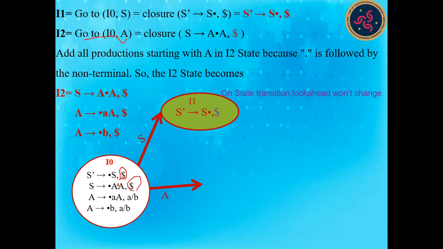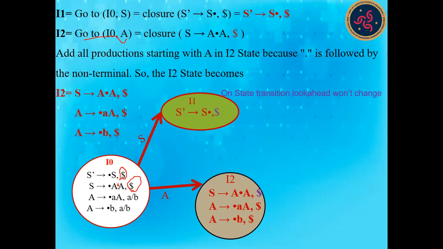Dollar symbol will be the look ahead symbol. So I2 will have these productions: S gives A dot A, with dollar symbol, because on state transition the look ahead symbols won't change. Here there occurs only a state transition, right? So we can take this dollar symbol as the look ahead of this